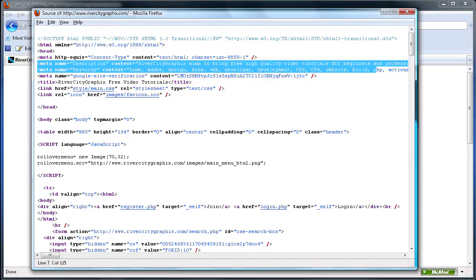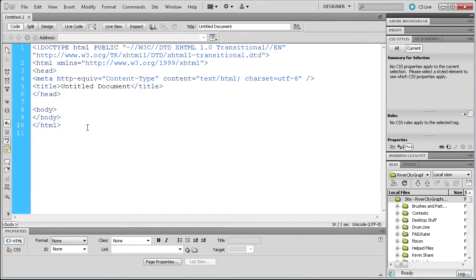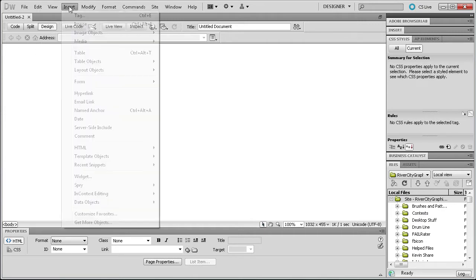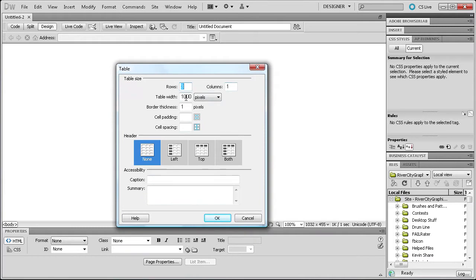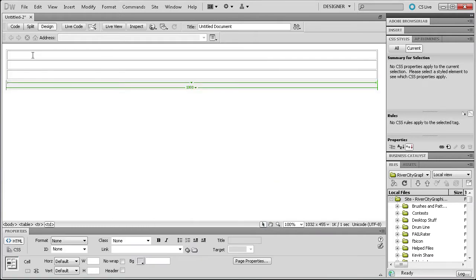So we're just going to head over to Dreamweaver, and I'm just going to create a mock site real quick. So we're just going to go and create a new HTML. We're just going to set it up such as you might have it for your website. So we're just going to create something real quick. So in design view, I'm just going to insert a table. We'll make it 3 rows, 1 column, 1000 pixels, that's fine. So then we'll just make it, let's call it beach side